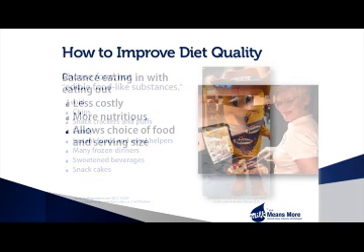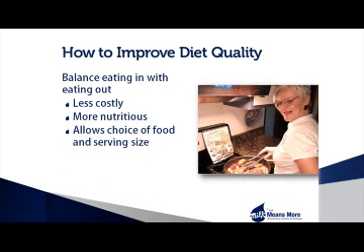Here's another tip. Balance eating out with eating at home. In March 2015, the U.S. Department of Commerce reported that Americans spent $52.3 billion at restaurants and bars and $49.7 billion in grocery stores. The first time spending at restaurants and bars exceeded grocery store expenditures. Eating at home is less expensive, more nutritious, and less likely to cause obesity.